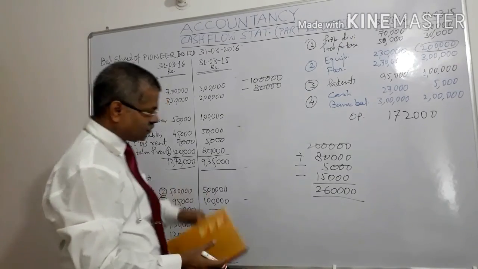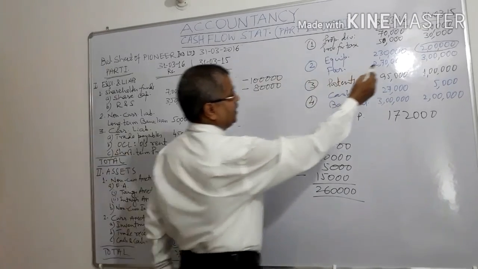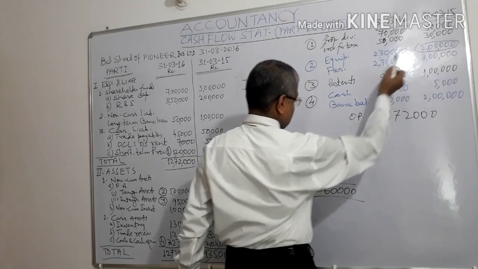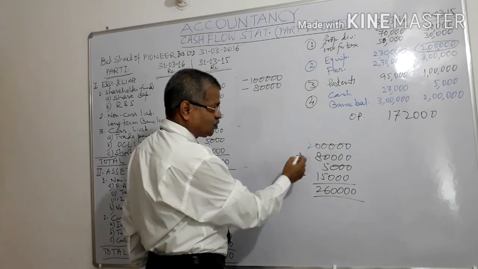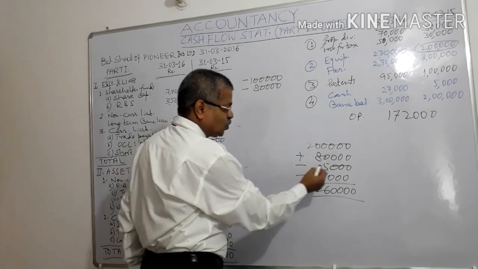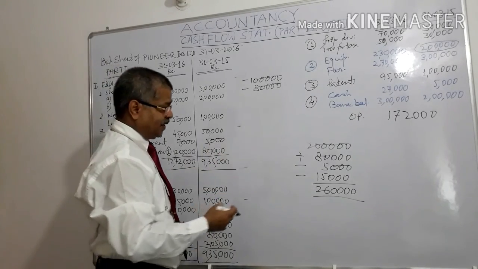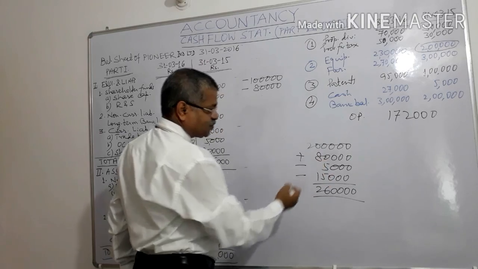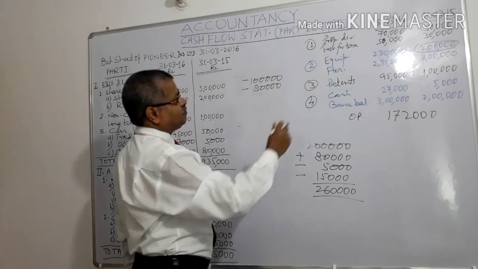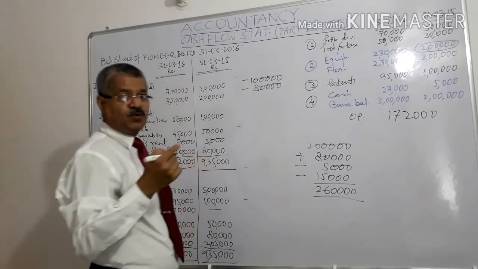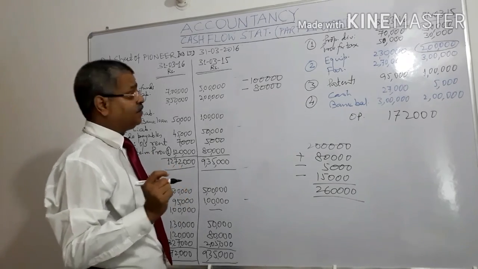Once again, in order to arrive at proceeds from sale of equipment, you see equipment is 2 lakh rupees here, and a new machinery during the year has been purchased of 80,000 rupees, so it will be added. There is a loss of 5,000 rupees on the sale of equipment, so it becomes 280 minus 5, 275, less depreciation of 15,000, 260, but here it is 230, which should have been 260, so it means 30,000 has been disposed of, cash has been received.